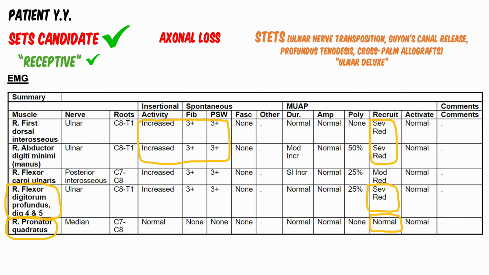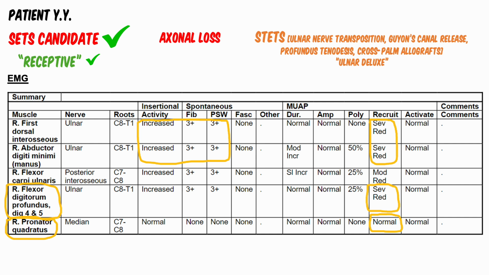All right, so now here we have that patient. Is it needy? Yes, insertional activity is increased, fibrillations and positive sharp waves are present, recruitment is severely reduced. This patient, it's needy. You've got a normal PQ, and then the profundus is down, severely reduced recruitment there. So this patient would get a nerve transfer, ulnar nerve transposition, Guyon's canal release, and when we're releasing